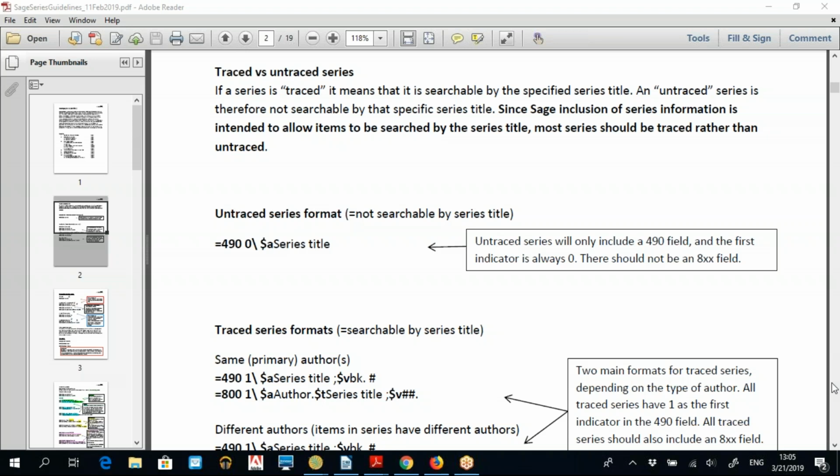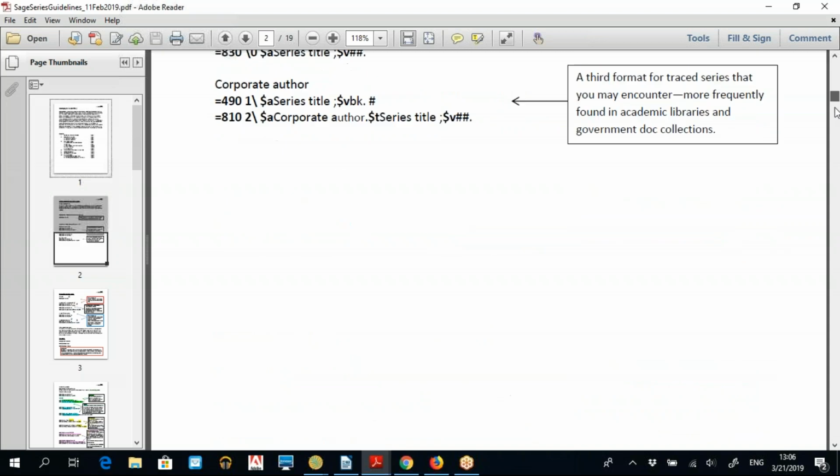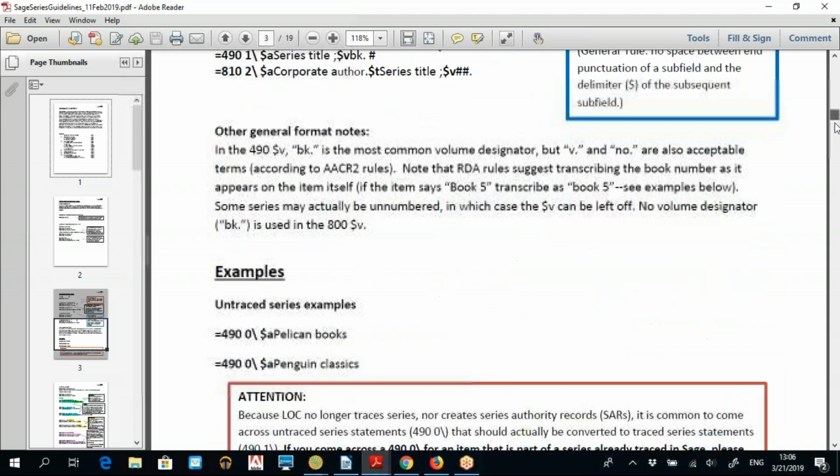Any other questions? I think traced and untraced series is pretty straightforward. As you can see from the document, the biggest thing to look at is the indicator. The indicator will be 0 if it's untraced, and it'll be 1 if it is traced. So I think it's easy to find that in the record. The tricky part with traced and untraced series, and I'm going to scroll down a little here to the note that I put in the document about